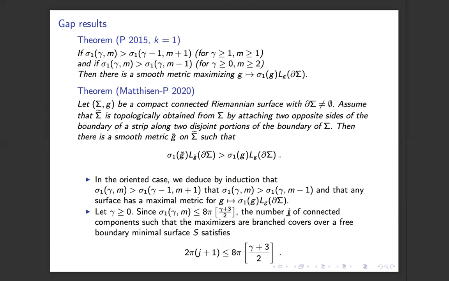Therefore, if you denote J the number of boundary components such that the maximizers are branched covers of a free boundary minimal surface S, then we know that